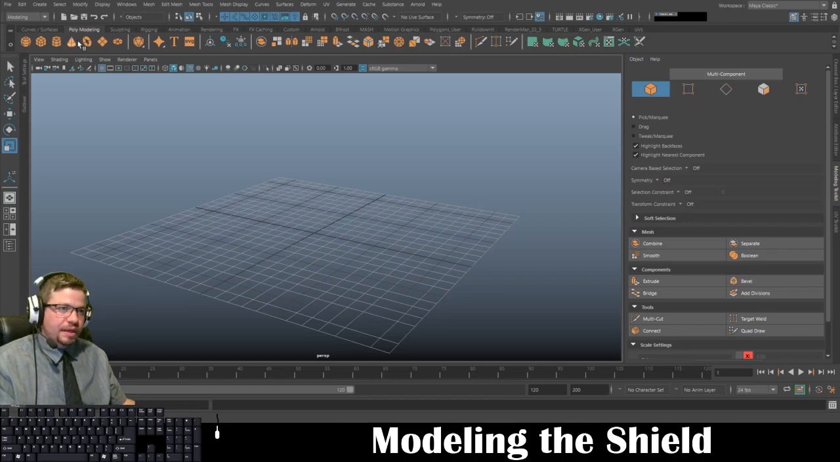Hello everyone. In this video I'm going to show you all how to model the shield, and I'm going to show you a bunch of different little tricks along the way. But most of what I'm showing you is stuff we've already gone over. So one of the first things I want to do is show you how to use symmetry,